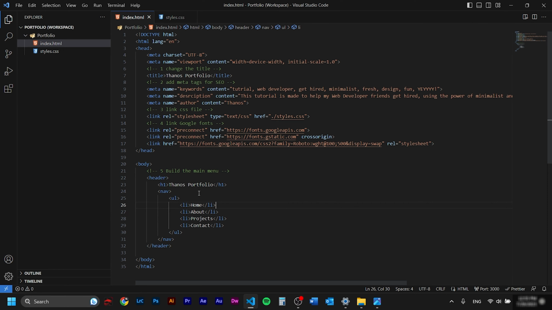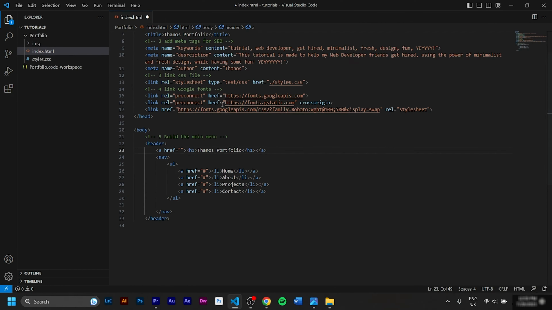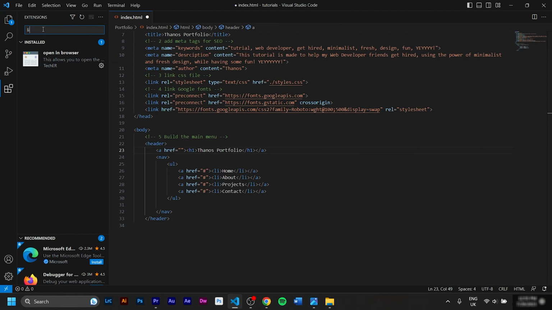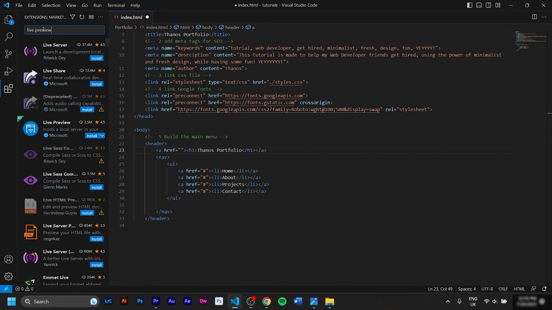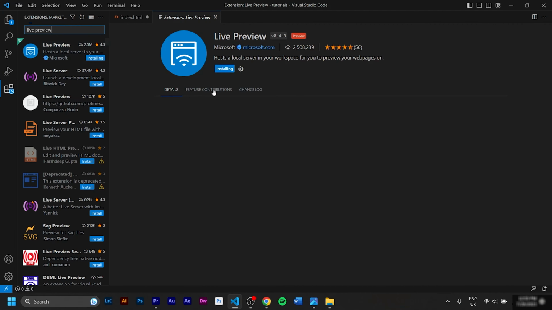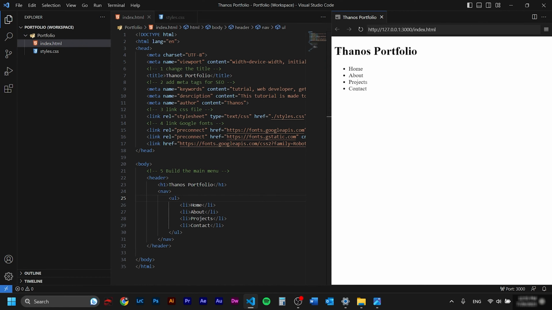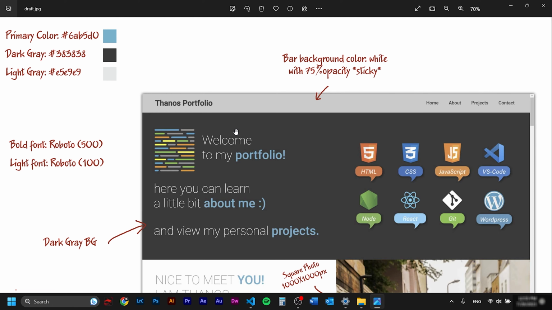Now that we actually wrote some HTML in the body, it's a very good time to right click our document and press Show Preview. If you can't find the live preview, go to extensions and search for live preview. Find the one that's from Microsoft and has at least 2 million downloads. Install. You can close this panel, right click and show preview. So we see what we did here. This is actually plain text and the layout doesn't even look like what we are aiming for. We're going to do some steps to bring it closer to that.